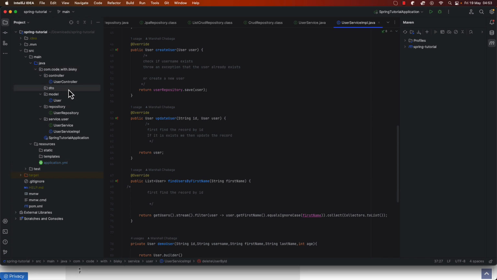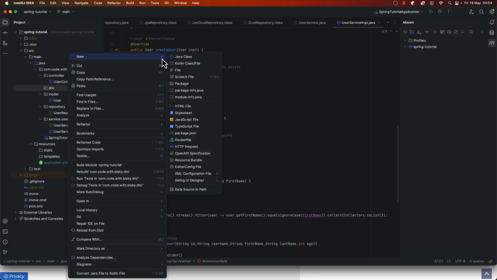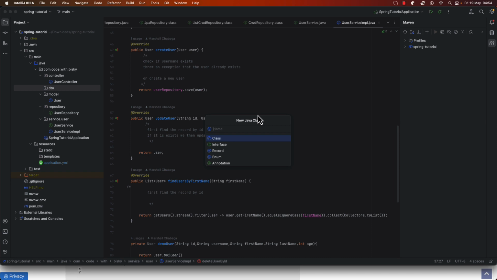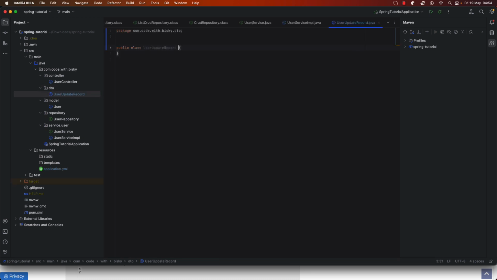So in this DTO package, the old way was to create a DTO, say user DTO, and we add the first name, last name, and the age properties. But with this new way to remove the boilerplate code, we are now creating a record. So let's create a user update record. New Java class, call it user update record. We want to use a record. So here we remove the class and type record,